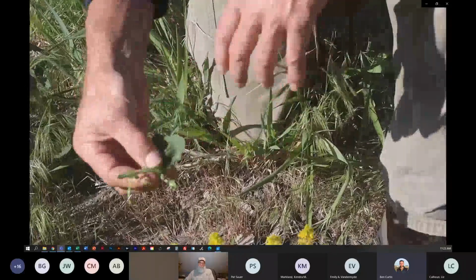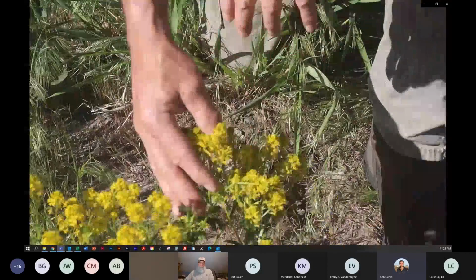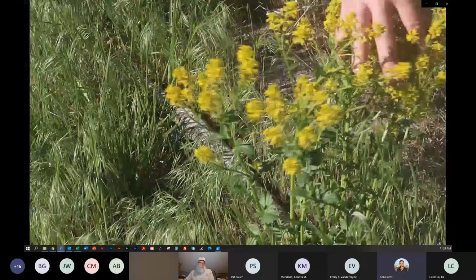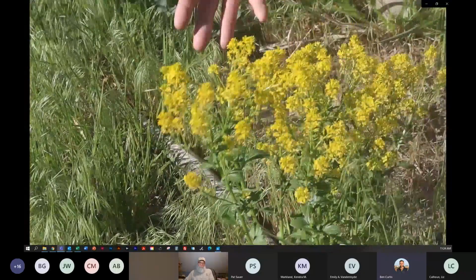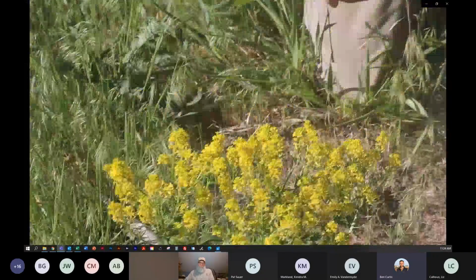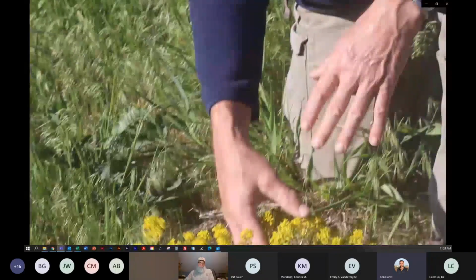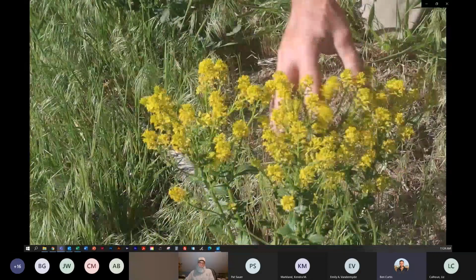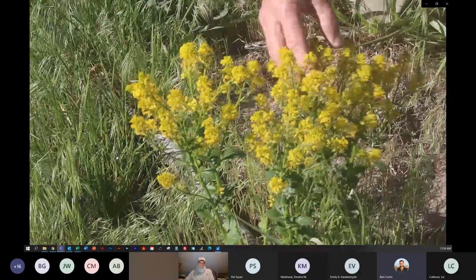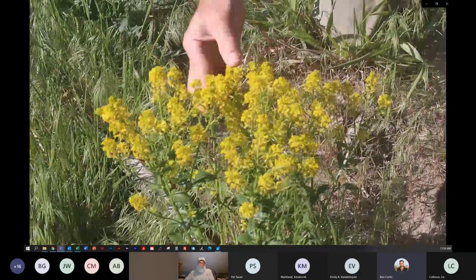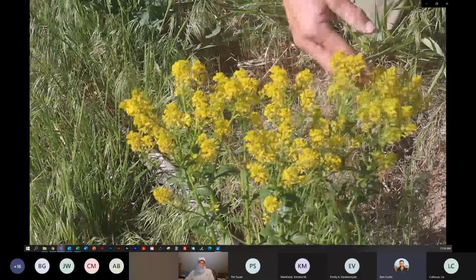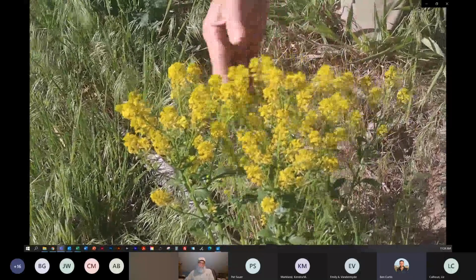Now, yellow rocket is, again, something you could probably describe as a weed. The farmer who farms this area probably does not really want this out in the pasture. It's not anything that is helping the pasture be productive. So in that sense, this would be called a weed. It's also not native, of course, but it's not really that invasive. As we look across this pasture, we just see a few of them here and there. And in most natural environments, I have never really seen this becoming much of a problem.